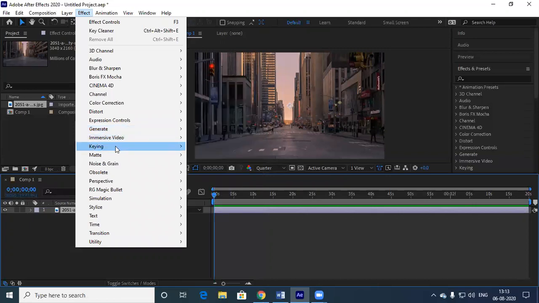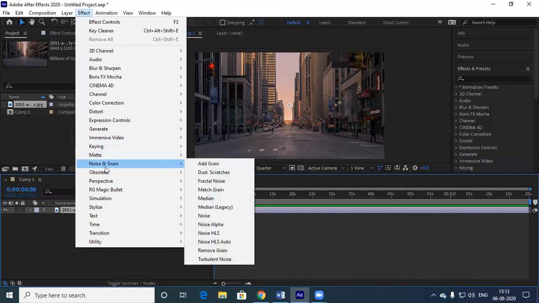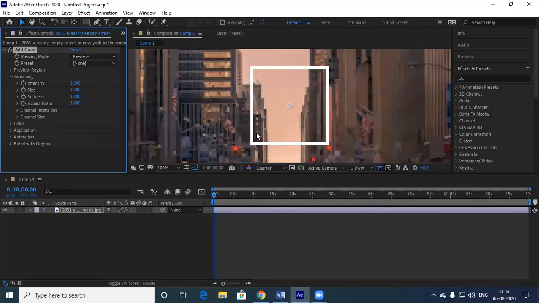So I think in generate we have seen keying, we have seen matte is another thing. Noise and grain. Let's go with noise and grain. Let's see how this looks. Okay, so add grain. Now, if you look into this situation, this one, compared to this and this,